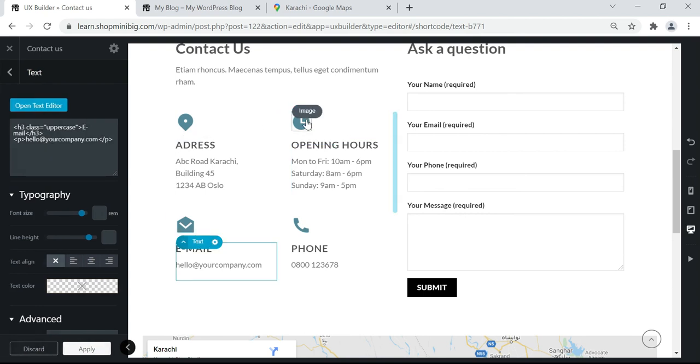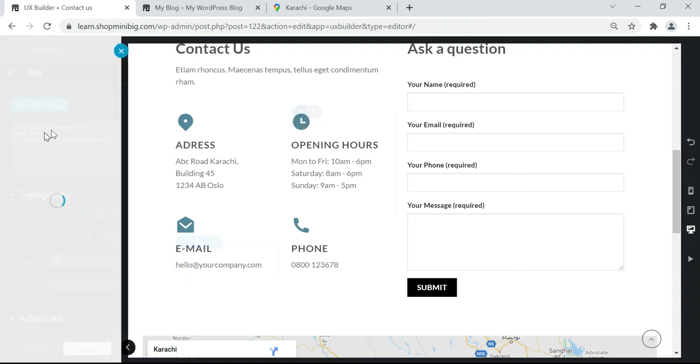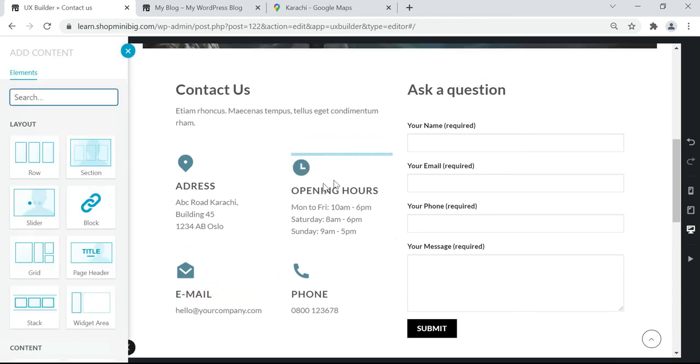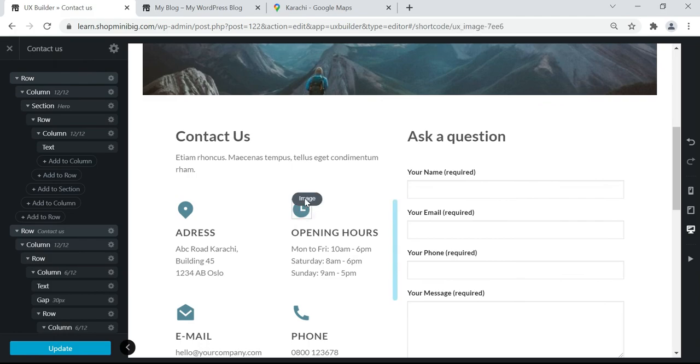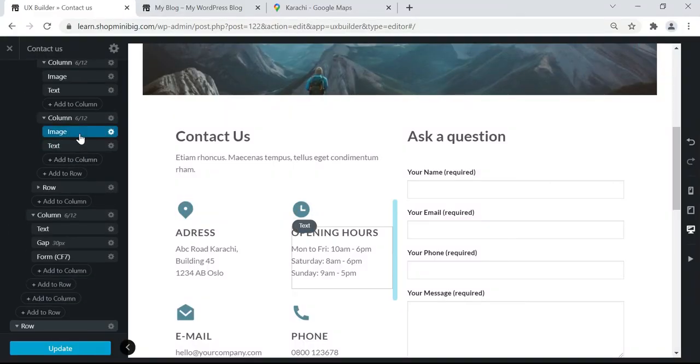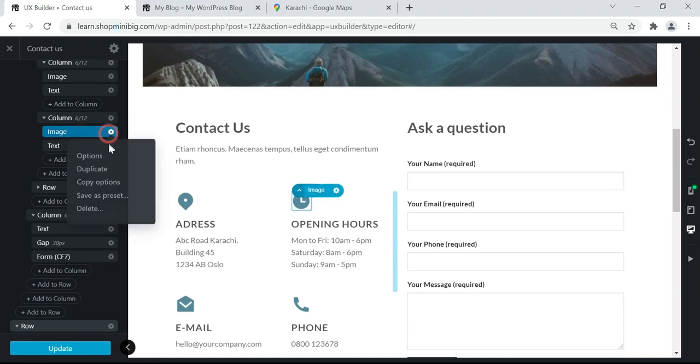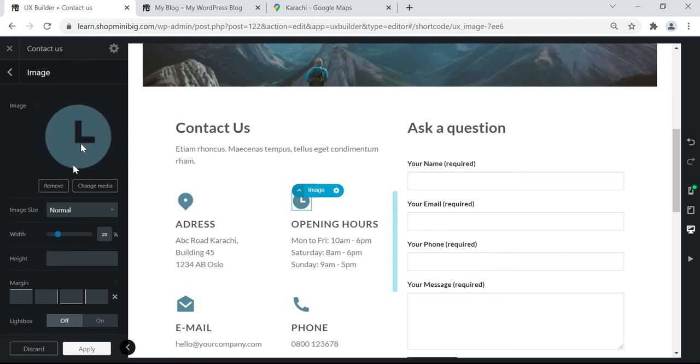If you want to change this icon or image according to you, you can just select this image, and here you can change this image by clicking the image or by going to the image settings, change media.